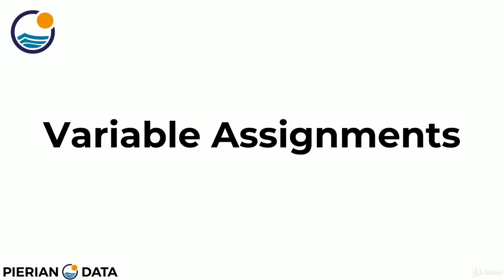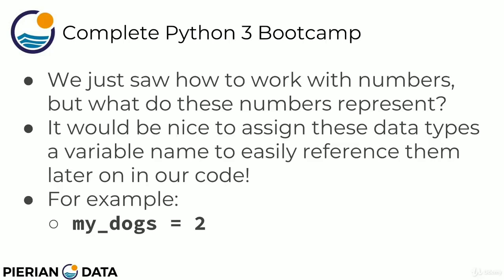Welcome back, everybody. In this lecture, we're going to be discussing variable assignments. Now, we just saw how to work with numbers, but what do these numbers actually represent? We had integers and floating point numbers, but we don't actually have a variable name assigned to them. So it'd be nice if we can assign these particular data types a variable name to easily reference them later on in our code. For example, I could say a variable name my_dogs is equal to 2